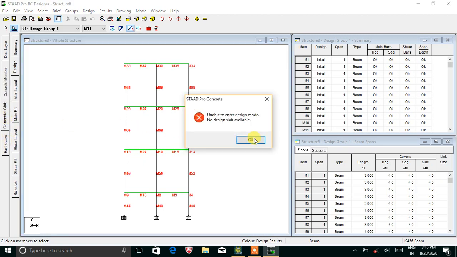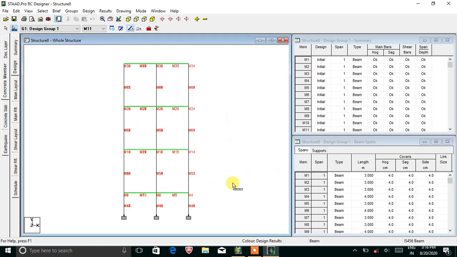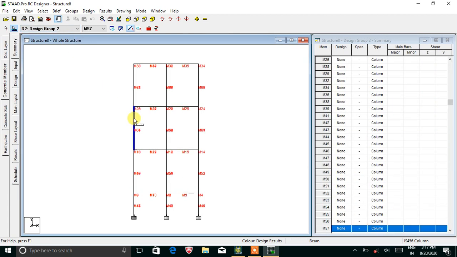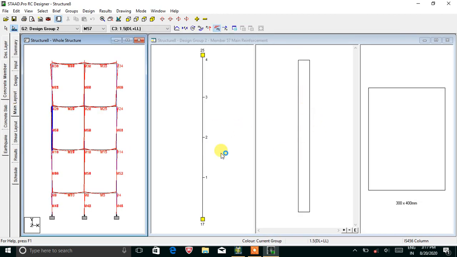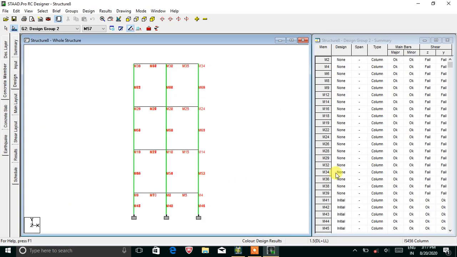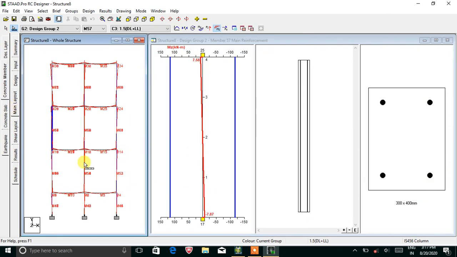You can go over here. Okay, you can check any vertical member. For that you have to go to design group number 2. So all the vertical members, column related details, will be here. You can check here the main layout of the column, cross section size, thickness, then the design of all the columns when we perform it. Okay, so here if any column fails somewhere, for example if this column fails in shear, those details will be displayed. So here I am now checking the main layout,